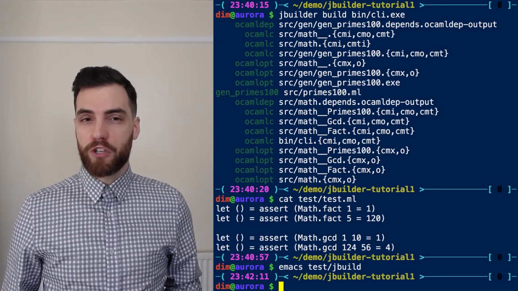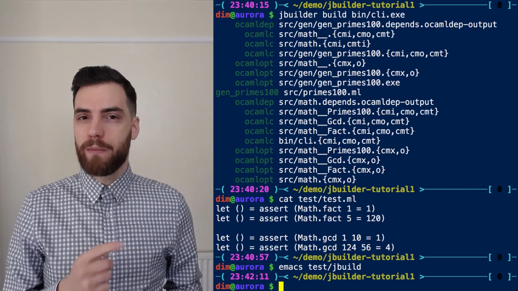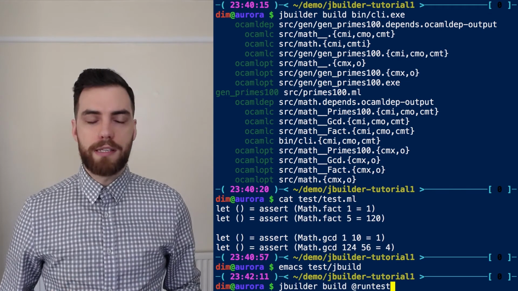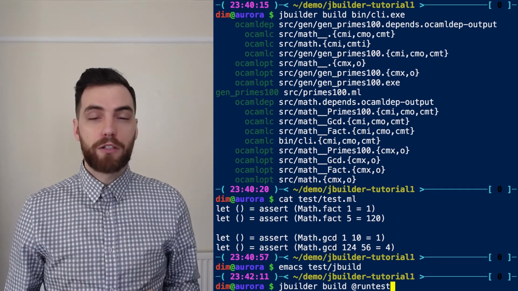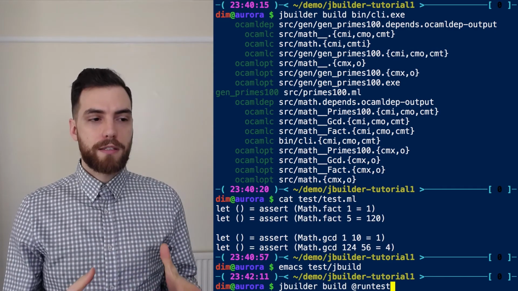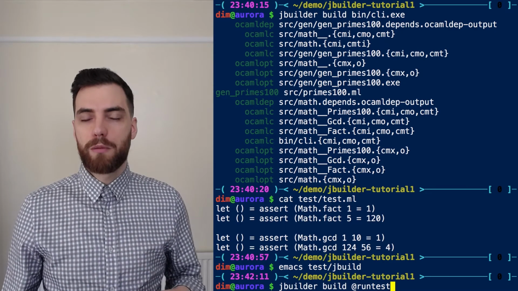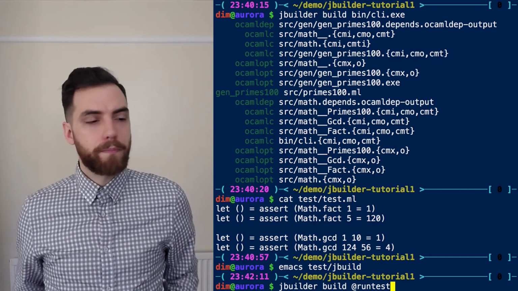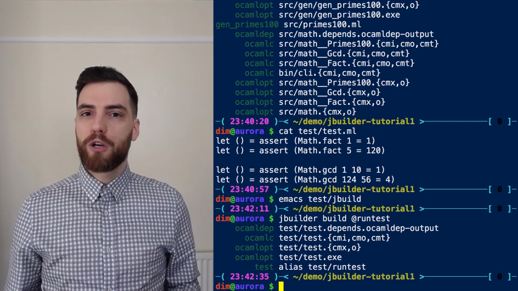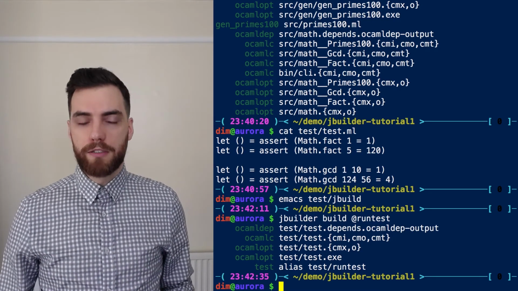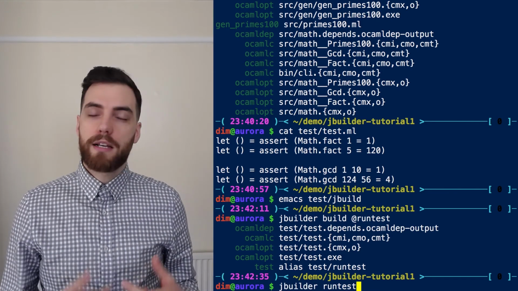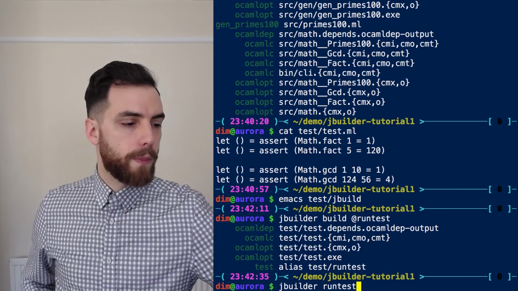The way we do that from the command line is by prefixing the name of the alias by an @. For instance, jbuilder build @runtest. So you'll notice that I just say @runtest. I don't say test/runtest, simply because when you ask for an alias on the command line, JBuilder will build the alias recursively, like this. Because this is a very common operation, we very often run tests, there is a quicker way to do it from the command line. You can just do jbuilder runtest, which is exactly the same thing as build @runtest.